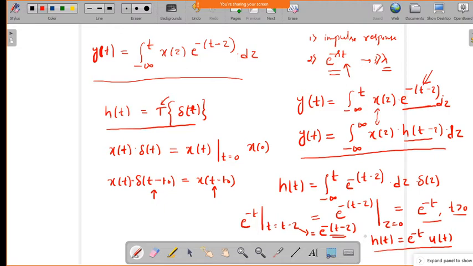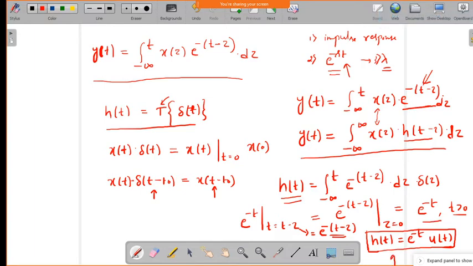So this is your impulse response, which we can get from that equation. Is it fine? Understood? You can use this equation, x of t into delta of t, only when x of t is given at t equal to 0. Similarly, instead of x of t, I am using h of t into delta of tau. This is only when tau equal to 0. That is the property I am using to find the impulse response. So this is the impulse response.